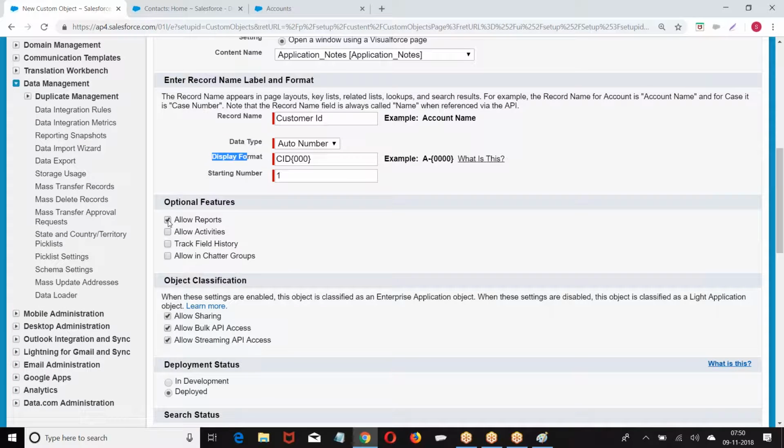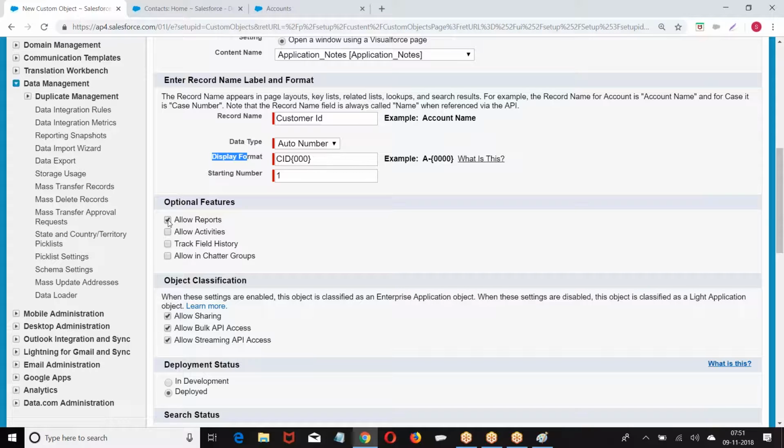Then what are they? Allow reports. It allows you to create reports on the data in the table. Let us say, on the customer table, create a report to know how many customers were created month-wise in January, March, and September.